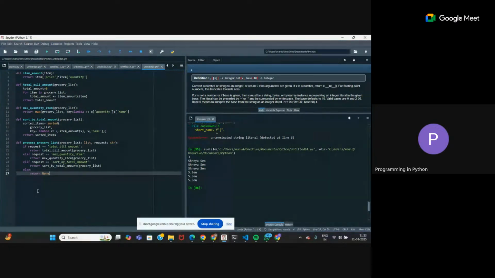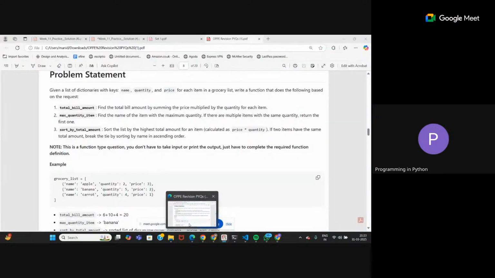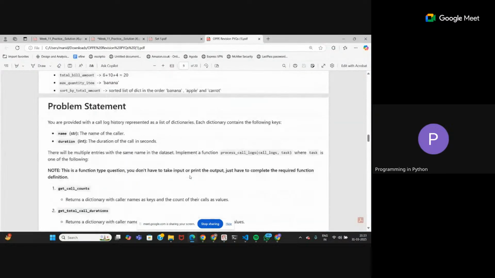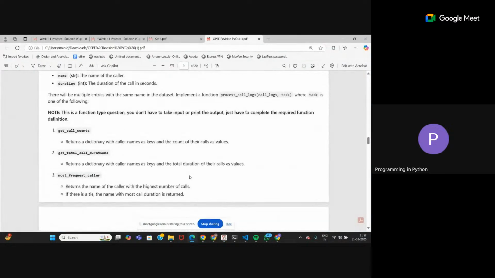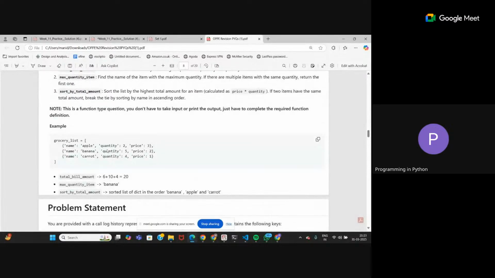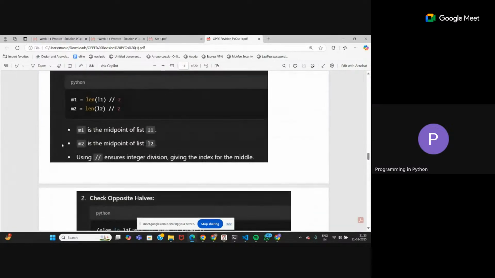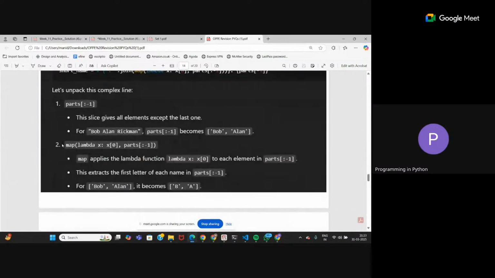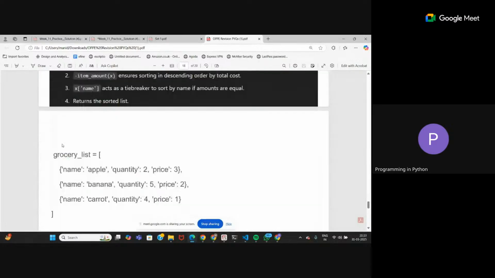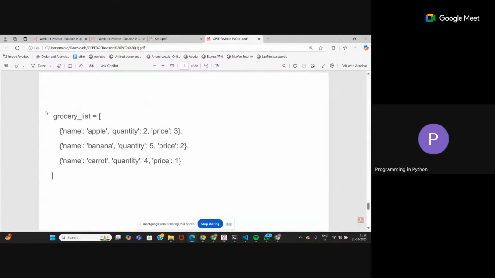Okay, now to test this function, let's take a grocery list. I had kept it in the PDF folder. Let's take this list only. Can't copy from here. So, yeah, it's possible to copy.